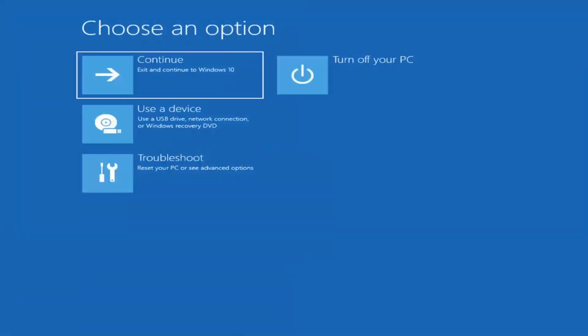So the first thing I'd recommend is to boot to the troubleshooting utility on Windows 11. If you do a hard power off 3 times in a row, Windows should automatically attempt to launch the startup repair utility. And if it doesn't find anything, it will give you the option to select advanced settings, in which case it will take you to a screen that looks like this. Now, if it does not take you to a screen like this, or you're unable to get to that,